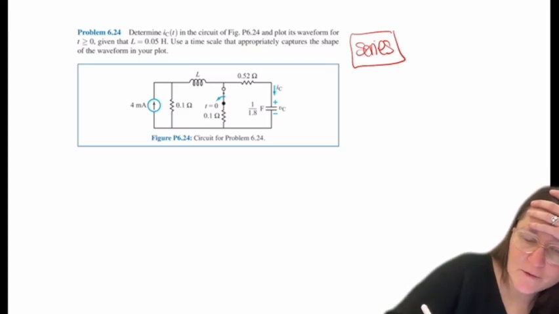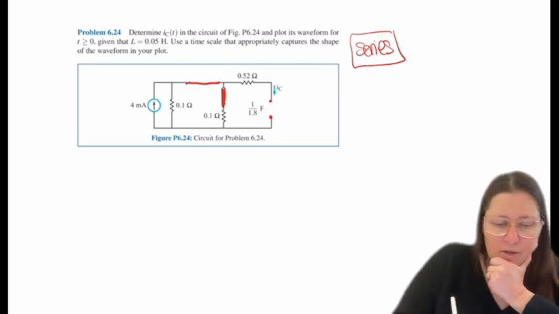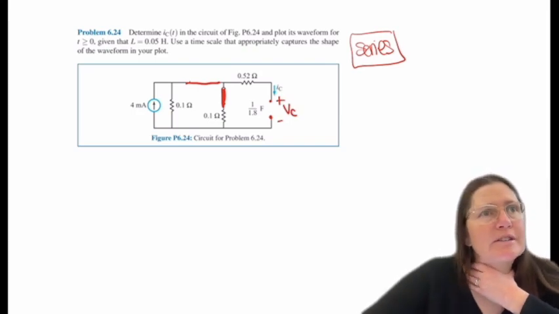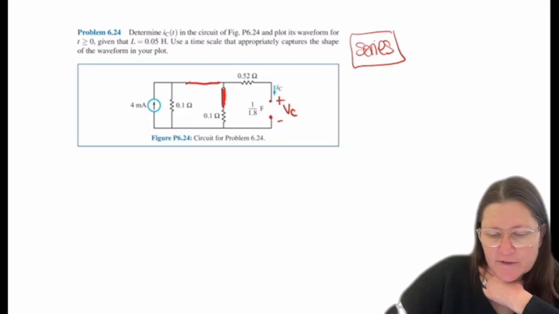So initial is going to be with it closed. So redrawing it with all of these removed, this will be an open wire, and this will be a short here. So we're going to do the same thing where we need to first solve for VC to find that IC. So VC in this case will be,